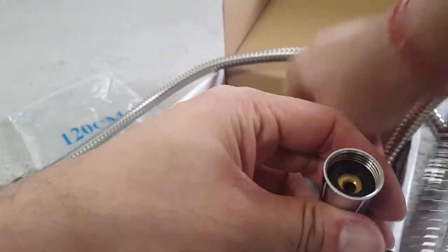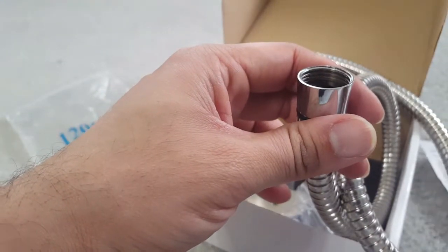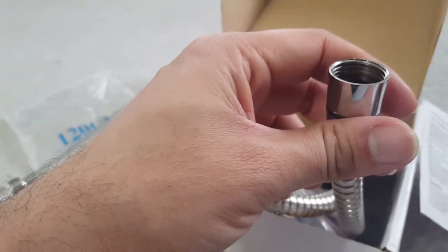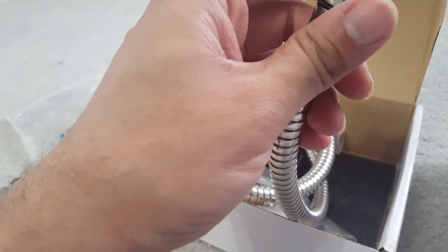I'm just following the instruction provided. Here you can see there is a black valve inside, so I will just add up the T. So here I'm just adding the